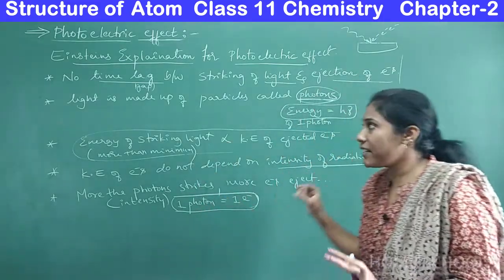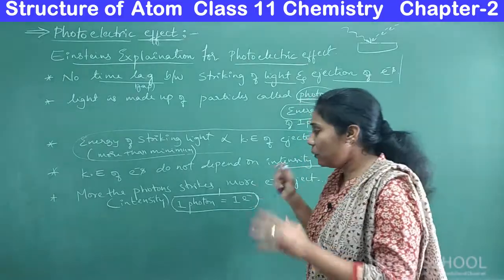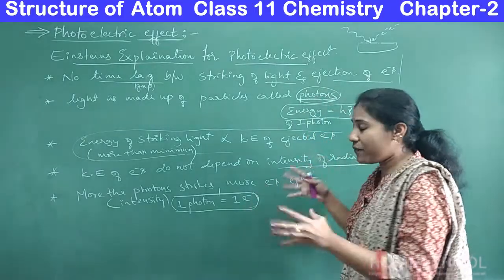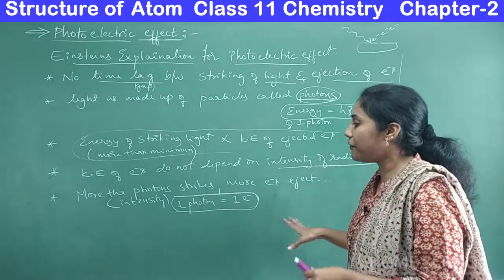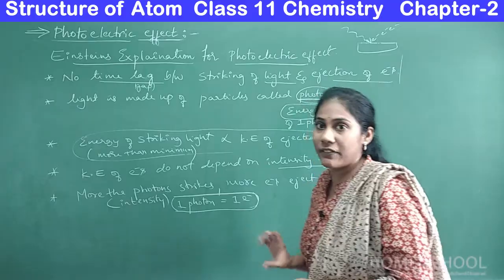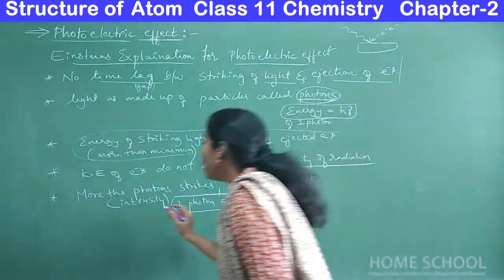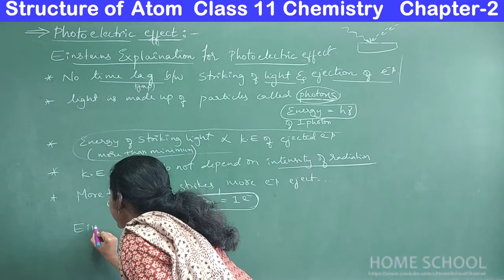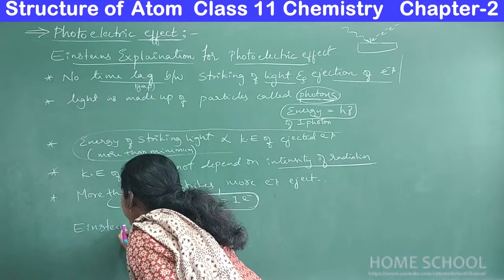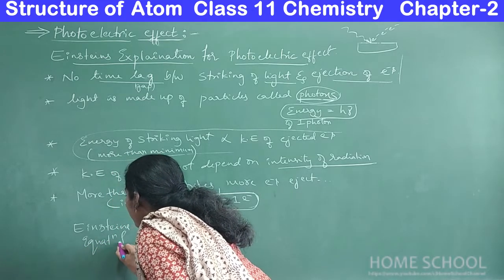These are the key points given by Einstein about the photoelectric effect. And now the main thing is he has given one major equation. He could tell the entire photoelectric effect in one particular equation. That equation we will call Einstein's equation. Okay, so that is very important. I am writing now Einstein's equation for